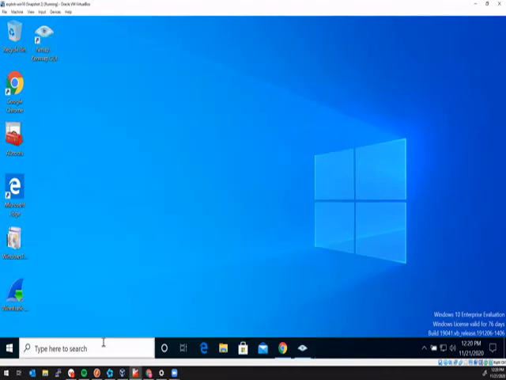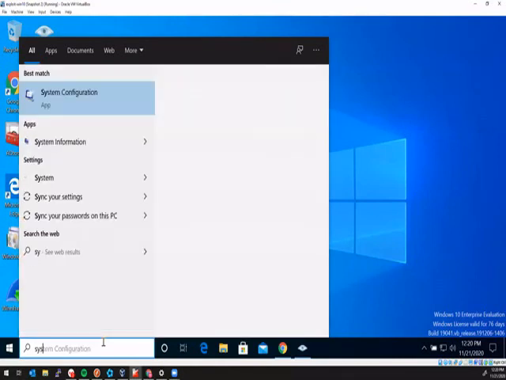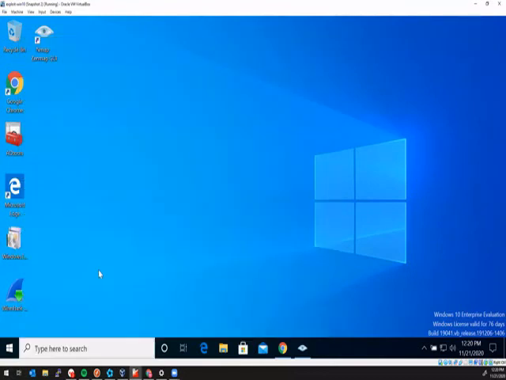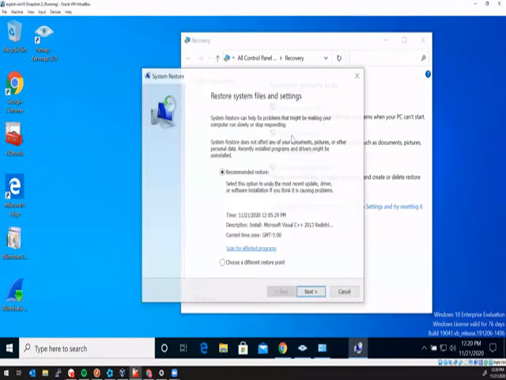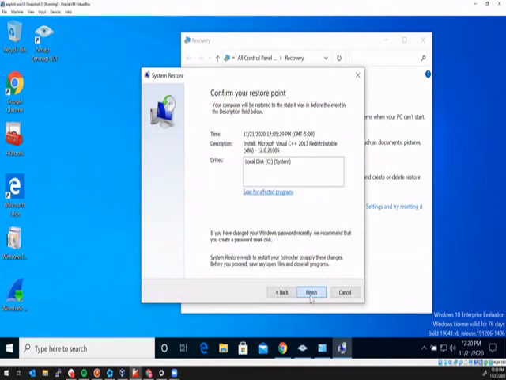And we went over that. If you just type system restore, you should see it. Recovery, that's one. Open system restore. There you go. So either you can choose a different point in time, or you can use the recommended one, which is typically when the last change was made that was relevant to the system, or you can look for